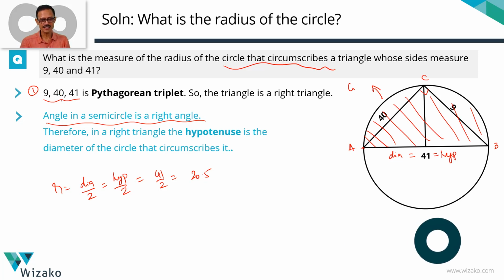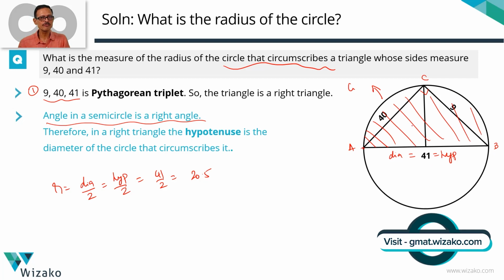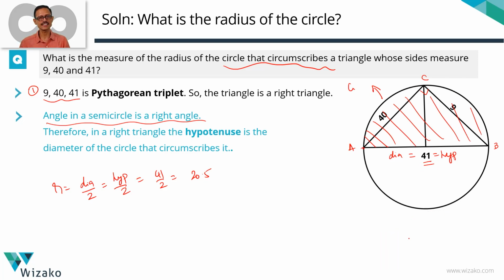We know angle in a semicircle is 90 degrees. So we deduce this to be a right triangle. So we are trying to fit in the measures of 9, 40, 41 into this triangle. The side opposite to 90 degrees has to be the hypotenuse of the right triangle. So in this right triangle, we know the hypotenuse is AB, which is going to measure 41. So all of these are part of the second deduction.